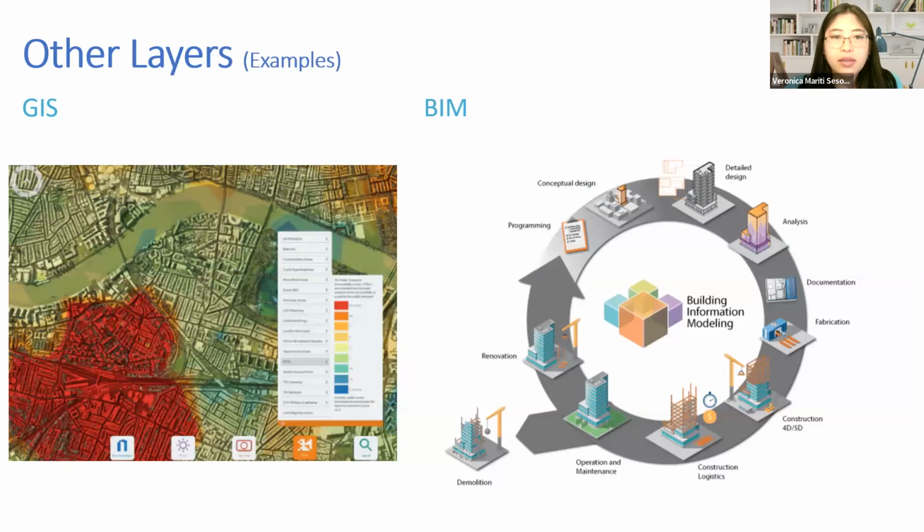Some of the other layers that we were a little bit unsure about at the start were GIS and BIM, or building information modeling. So we were thinking, okay, digital twin is a 3D model with GIS. That's what was in our minds. And pretty much it is, but you can keep adding more and more layers, and that's where we see the value. So the GIS was one of the components to make our digital twin more beneficial and deliver some actual impact to the city,